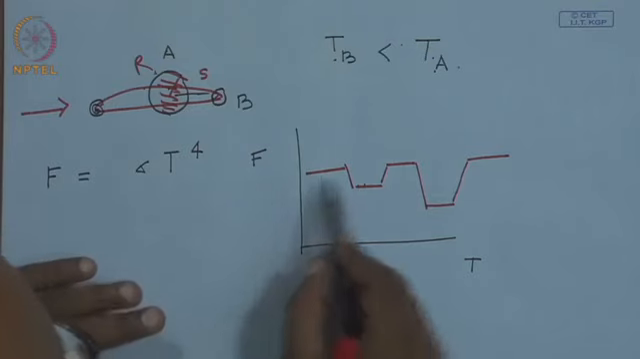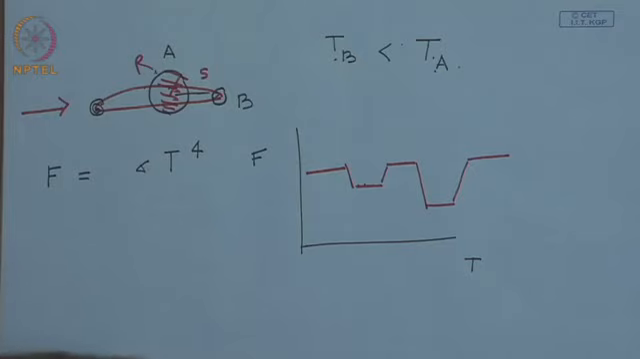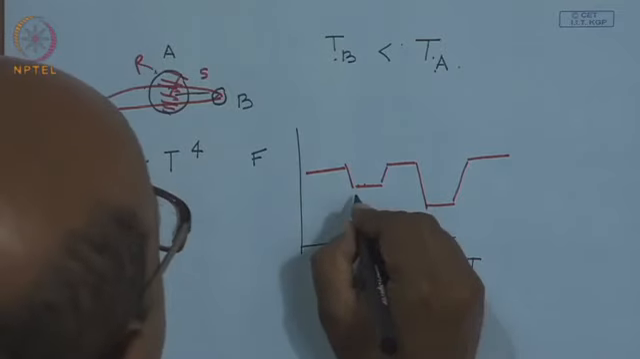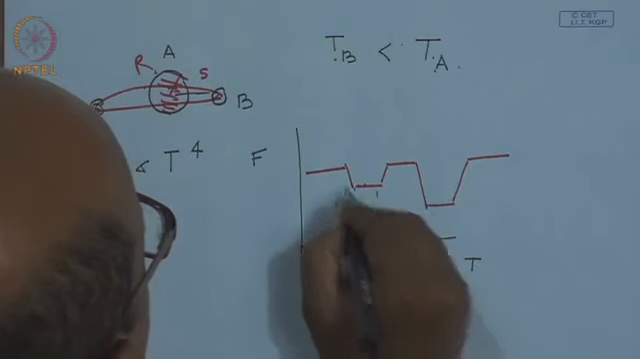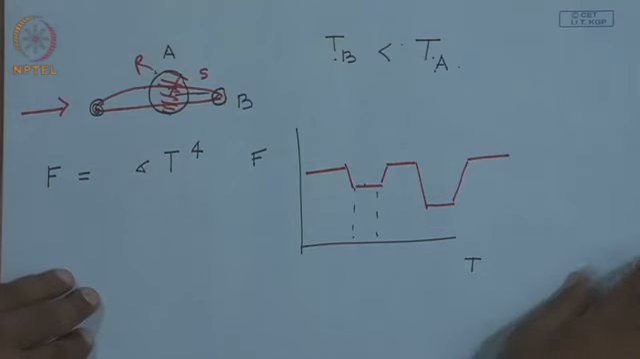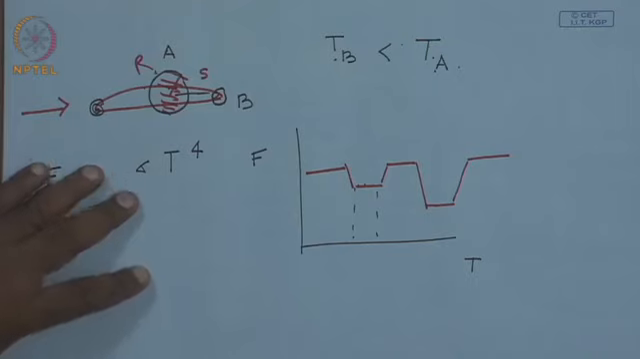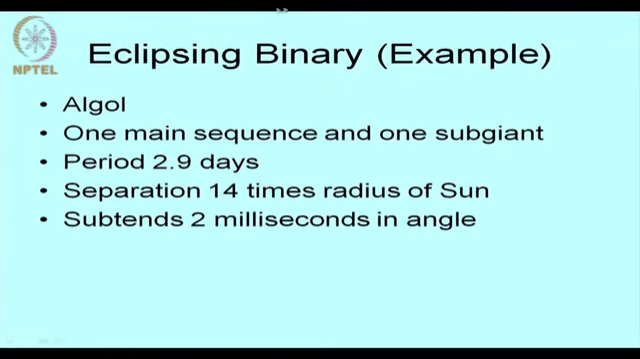So, this is what the typical light curve is going to look like, and if you can measure the different time intervals, you can infer very useful information about the different stars in the orbit. So, this is the eclipsing binary, and an example is Algol,